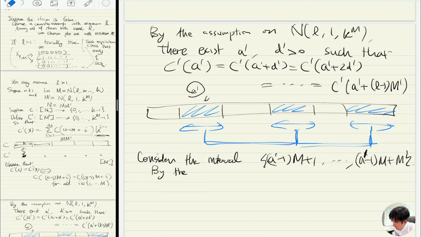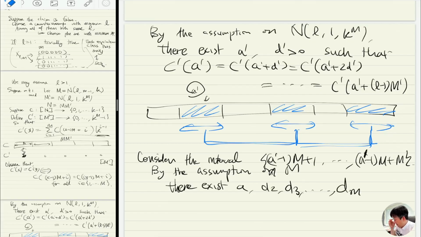By the assumption on M, there exist a and d2, d3. I'm intentionally omitting d1, because M is n of L, M minus 1, k. So I can find a and d2, d3, up to dM